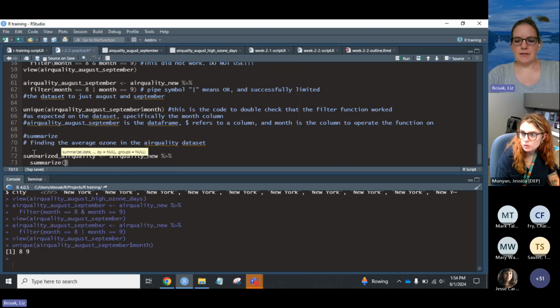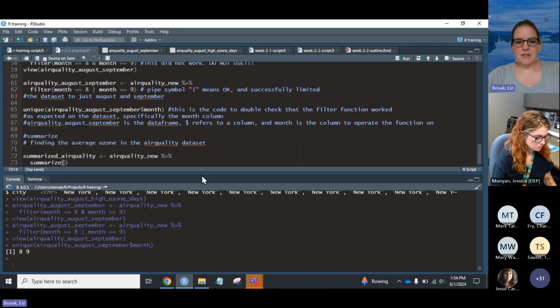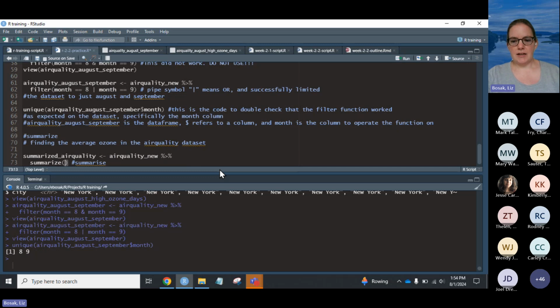and it will accept the rest of the world's version of summarize, or British English. Because remember, R was written in New Zealand primarily initially, so summarize will work as well. So if you see that, it's the same function, just a different spelling, because they accommodated all of us American English speakers. So summarize, and then we want to define